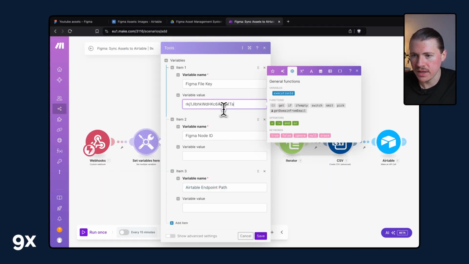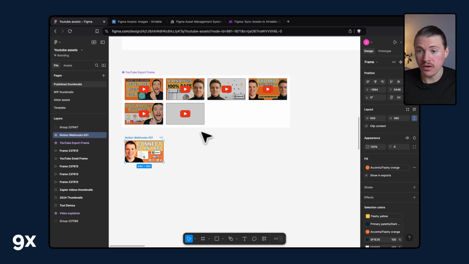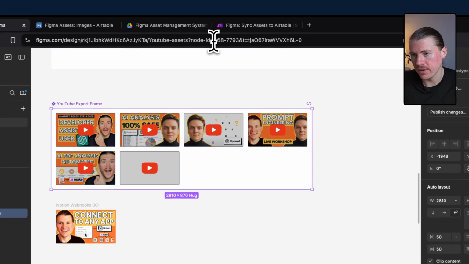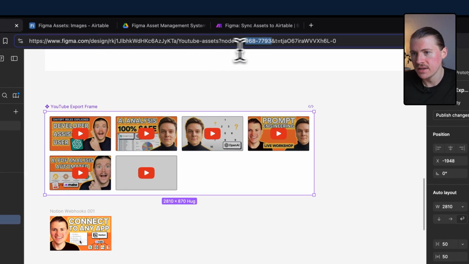And I'll paste this one in here to the Figma file key section. And to find the node ID of that parent frame where we want to export everything inside of, we just need to make sure it's selected. And again, you'll be able to get it from the URL here. So here we can see the node ID is